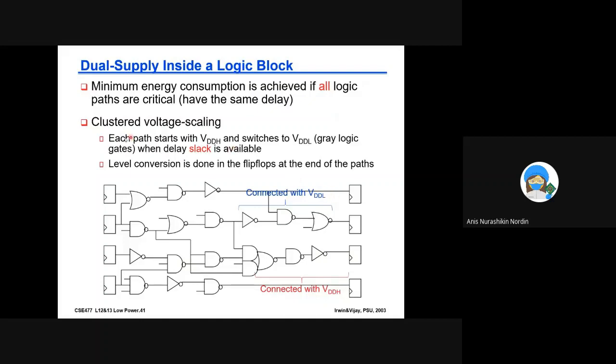Okay. Each path starts with VDD high and switches to VDD low, the gray, when delay slack is available. So when this one knows that it doesn't have to pass through so many gates, it will switch to the lower voltage, lower VDD. The level conversion is done in the flip-flops at the end of the path. Okay, so you can see here